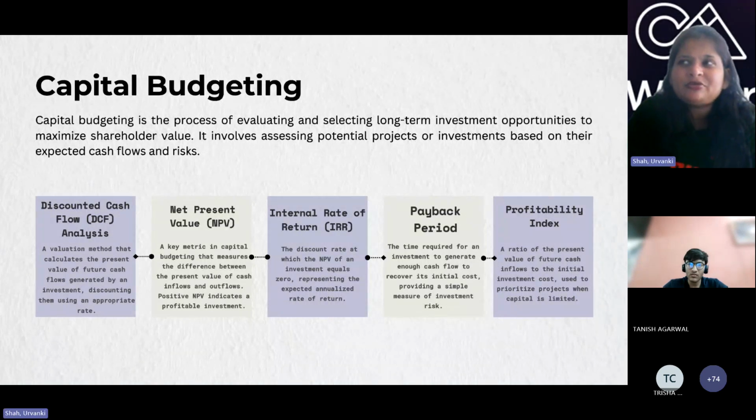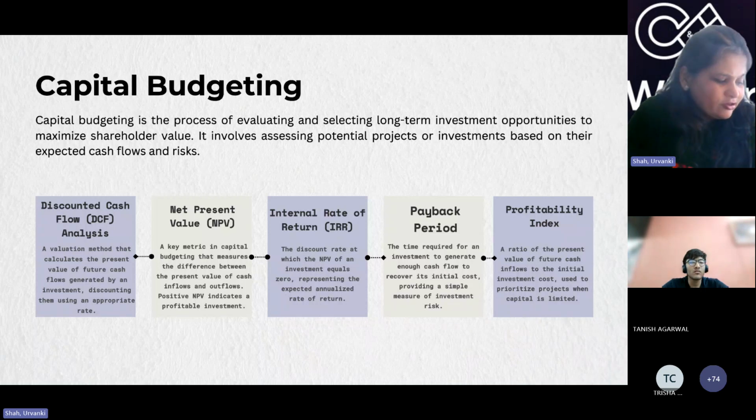See, I'm trying to go at a certain speed because to cover the major scenarios in 1 hour, I'm trying to touch base on the basic concepts, and then we can take a Q&A, or else you can type it in the window, whatever makes you comfortable. So I'm again assuming you know cash flows. When we talk about cash flows,